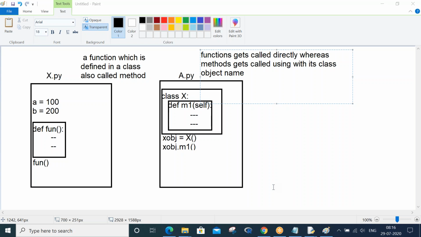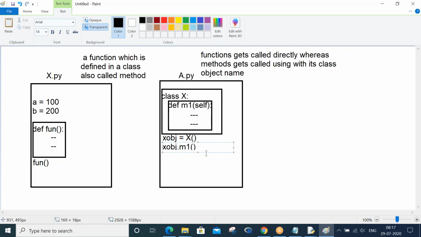Don't worry. The class concept we will discuss in length when we move to object oriented programming. Here my intention is you should only observe the difference between function and method. Function you are writing straight in the program. Method you write not straight in the program, rather you write the method in a class. So that's the basic difference you should observe. And how do we call a method? We call a method using the object name.